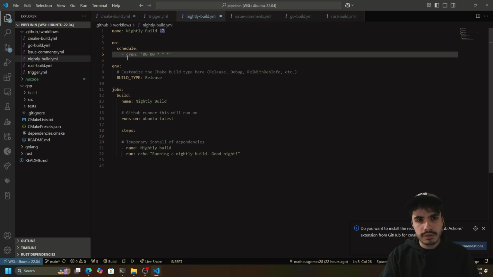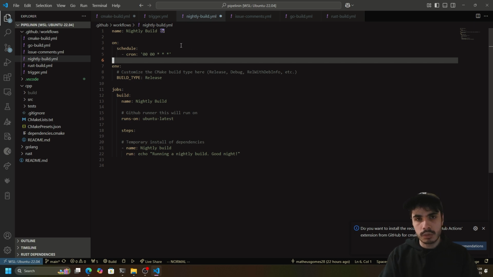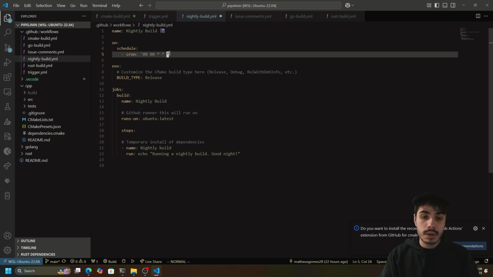You don't necessarily have to only have one of them. You can have multiple crons here, so you can run it at multiple intervals. But I'm going to focus on only one of them here, right? Long story short, this string that you see here means that whatever task this is doing, it should be running at midnight every single day. So how do I know that? Well, I just know a little bit of POSIX cron, but if you don't know what this means and you want to create a similar string, but for a different time, a different day, or a different interval,